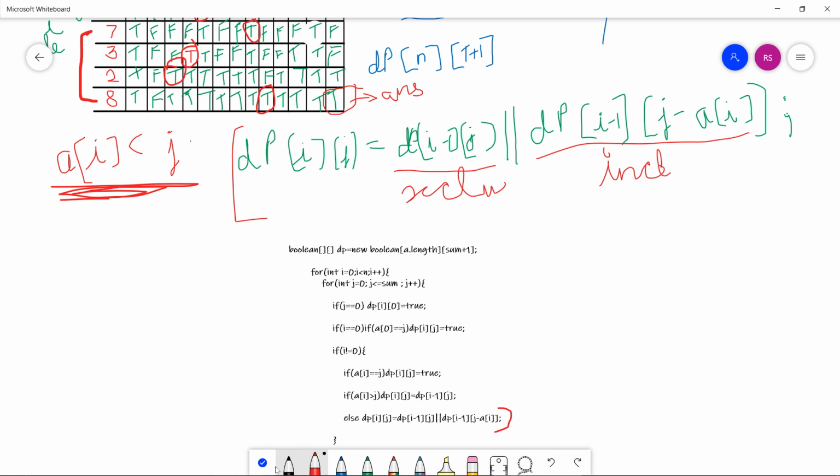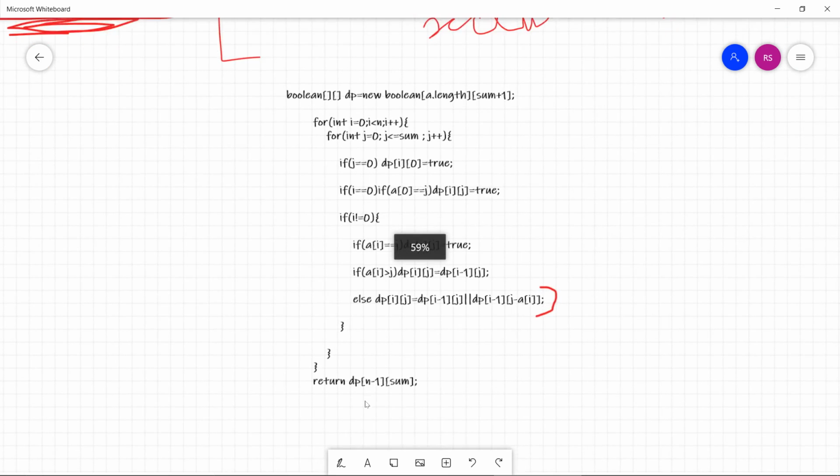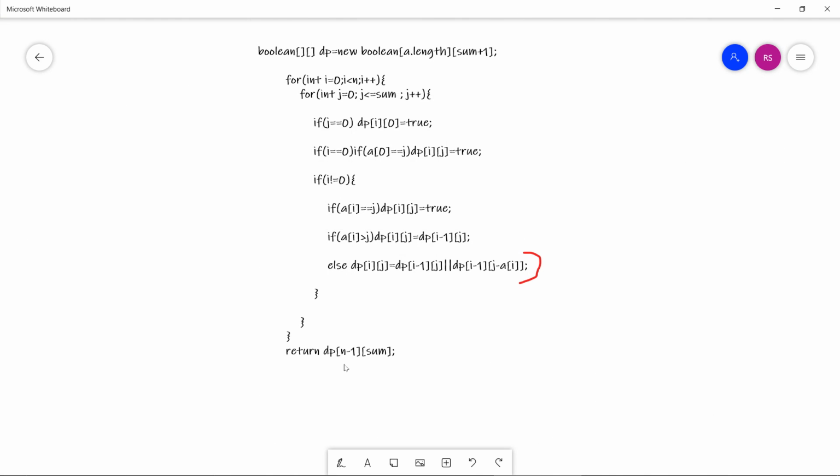And as I have already mentioned, the answer will be the last cell of the matrix, the last cell of the 2D matrix.